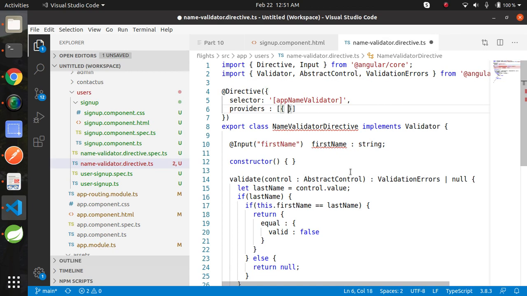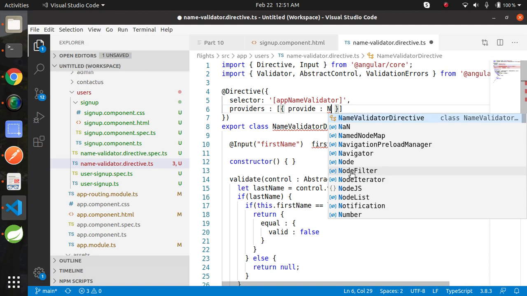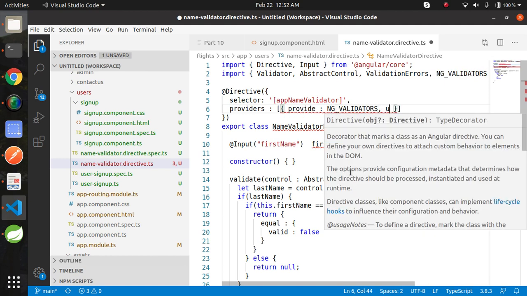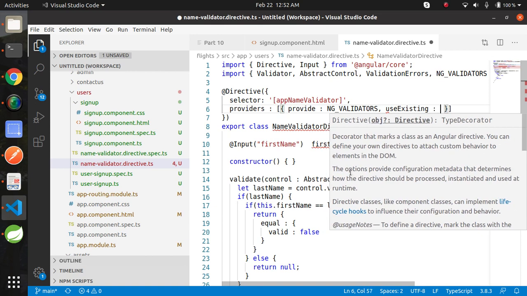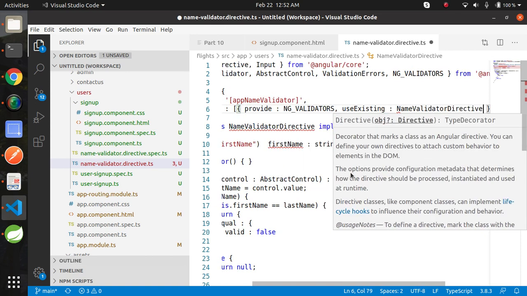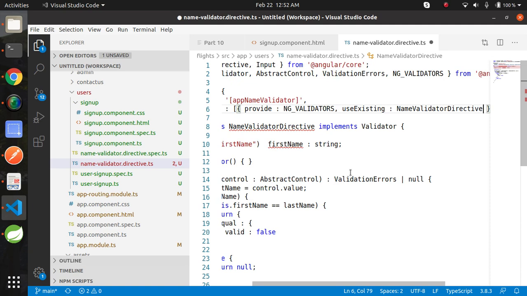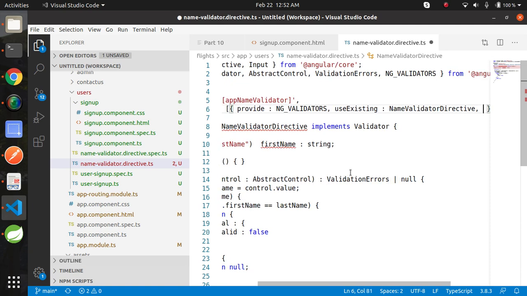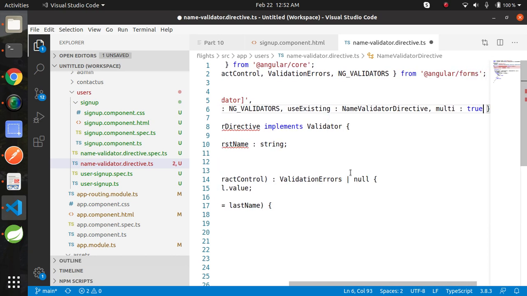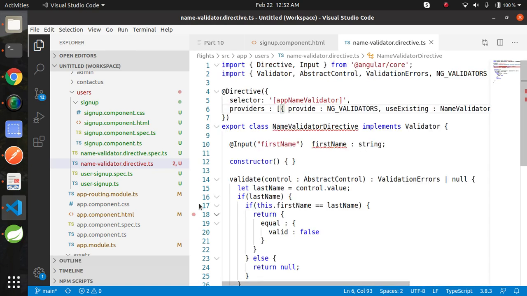Array of provide NG_VALIDATORS, use existing, the name validator directive, use the class name including the Directive keyword, comma, multi true. Now we have added providers as well.